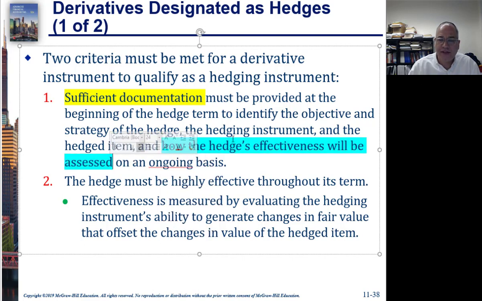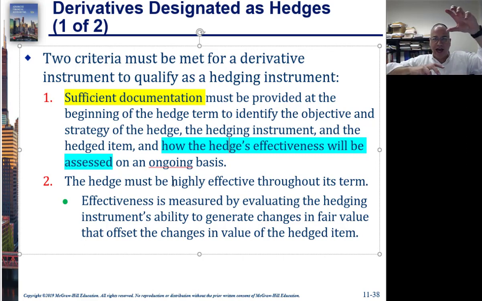And then you have the hedge must be deemed to be highly effective. Because remember, what the hedge is doing is it's offsetting some kind of risk. So you must document the hedge term, for how long a period, the objective, what is the risk that you're hedging against, the strategy, financially, how is this supposed to work, what is the hedging instrument, that would be whatever derivative you're playing with, the hedged item would be whatever it is, let's say in this case it was jet fuel, and how the hedge's effectiveness will be assessed would be some kind of financial test to make sure that